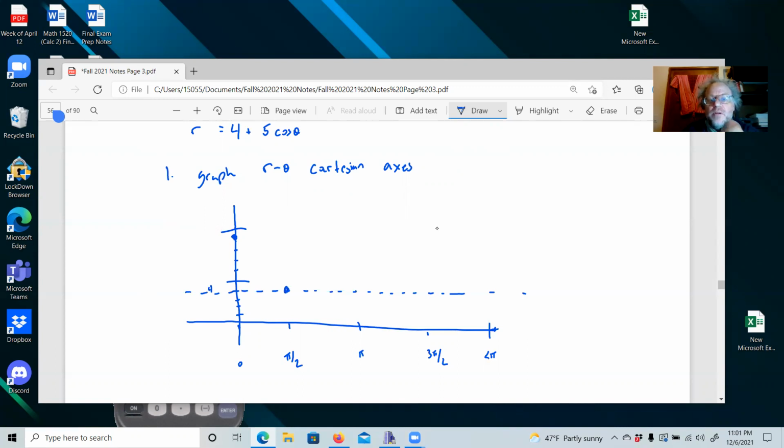Okay, we go to pi. Cosine of pi is -1, so we have 4 minus 5. That's going to be -1. Okay, 3 pi over 2, again, that's back to 0 for the cosine. And then at 2 pi, we're going to be back up here. Quick, cosine of 2 pi is 1. 4 plus 5 times 1. 4 plus 5 is going to be 9 again. Okay. So when we go to graph this thing,